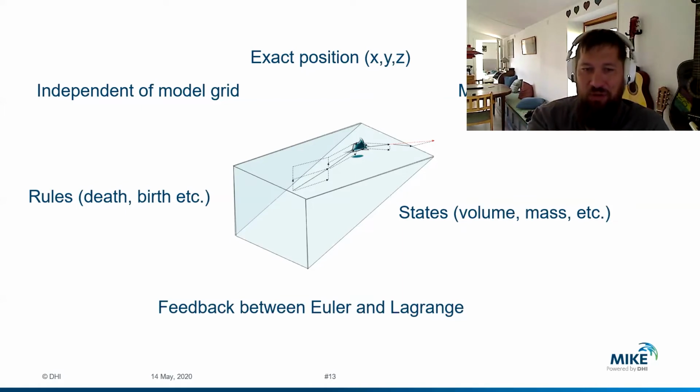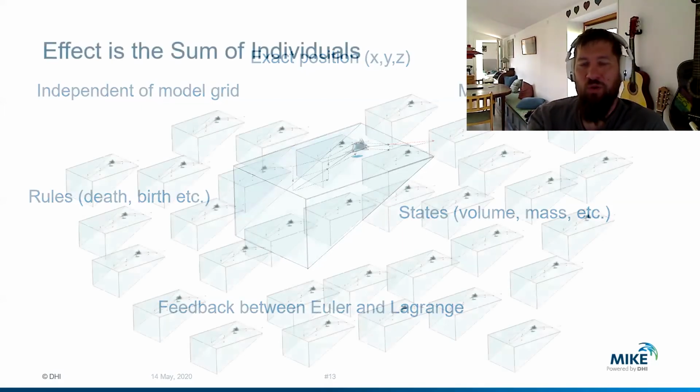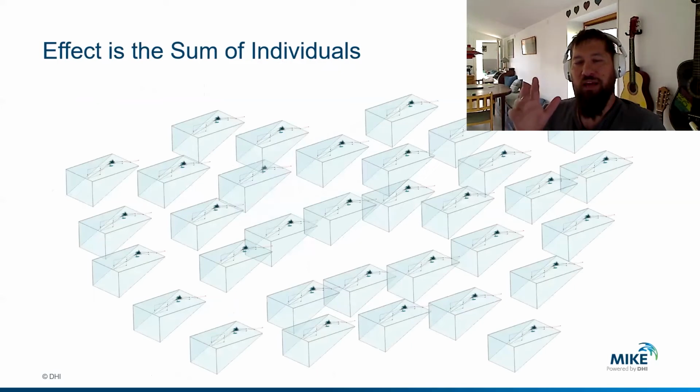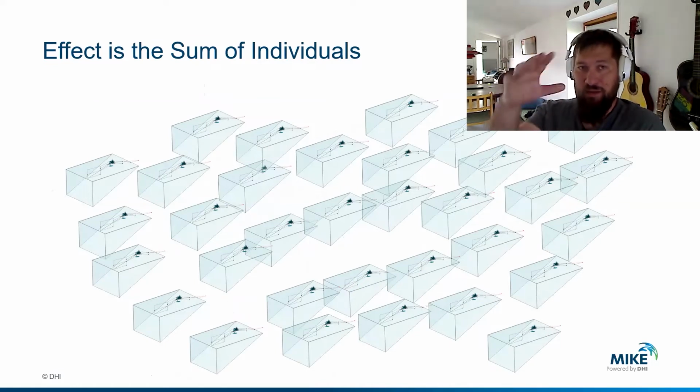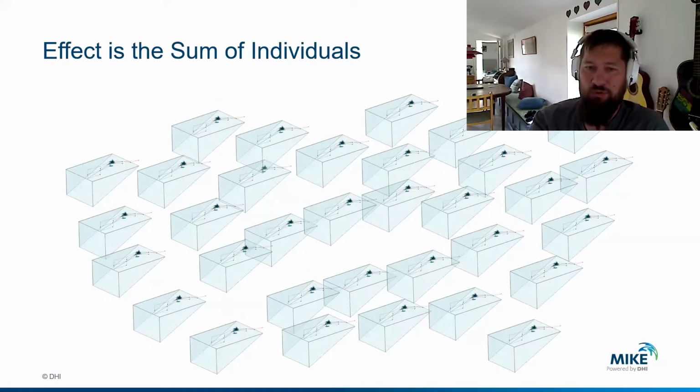So all of these components you model for one individual, one agent. And then when you press play for an agent-based model, you take a lot of these and put them together. Each of these will exhibit their own behavior based on the rules and assumptions you put into the model. Then when you run the model, the population change will be the sum of what the individuals are doing. This is what gives it a bottom-up effect rather than a top-down approach.